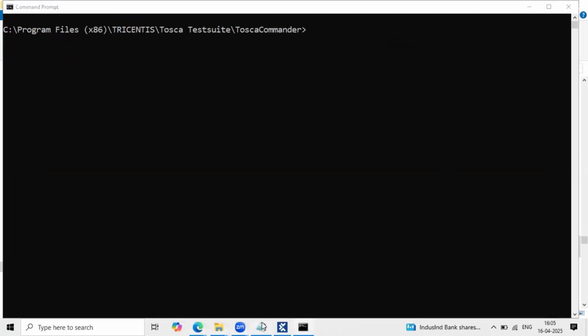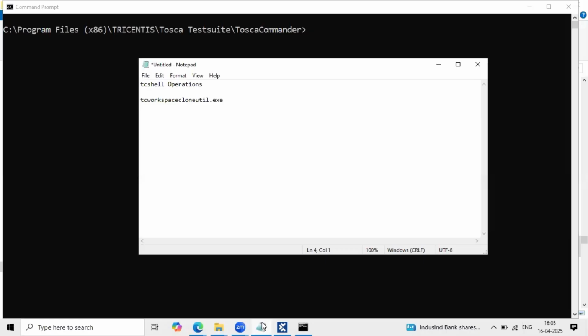First of all, TC Workspace Clone Util.exe, which we already mentioned. After that, mention the workspace command, -workspace. These commands are not case sensitive, so we need not bother. Just enter which project you are trying to clone from one location to another.